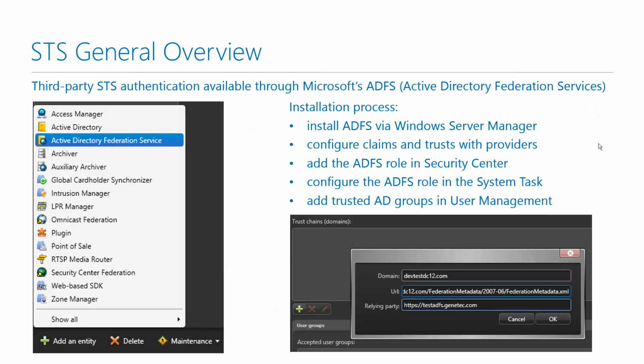The actual configuration, I could talk for an hour about this alone, so I'm just going to put the basic steps here. If this is something you need to get set up, you're going to need help with the ADFS part, first of all, and we have various configuration guides that are available as well to help with the actual ADFS setup on the Security Center system. But what you'd basically do is go into your add an entity to your system task, and you'd add an Active Directory Federation Service role. So once that role is created,